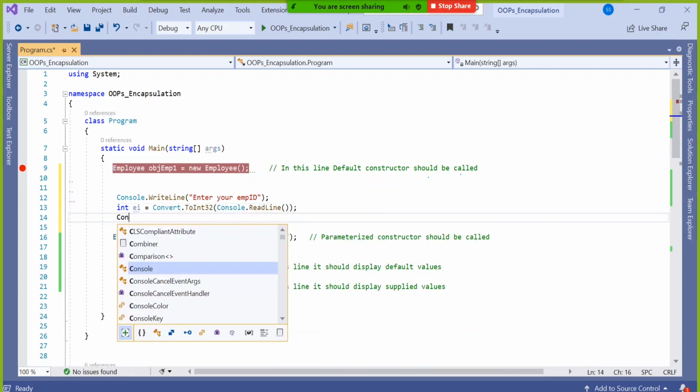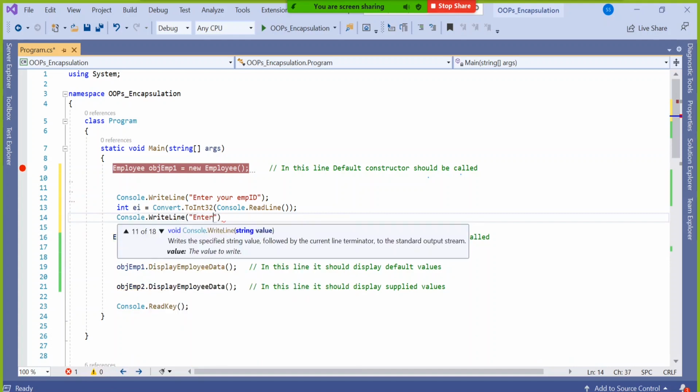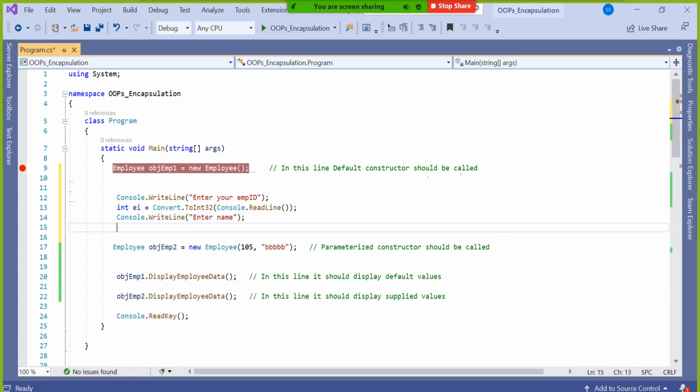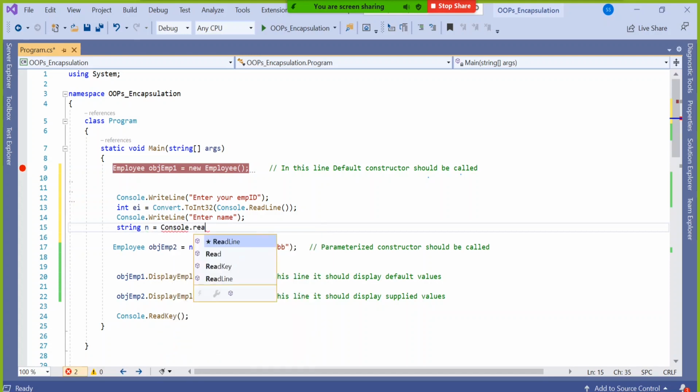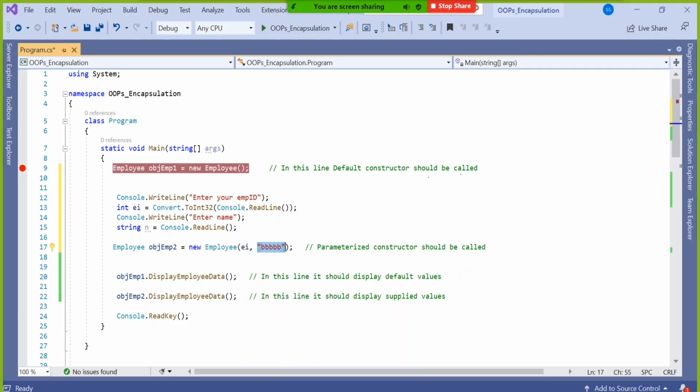Similarly, console.writeLine, enter name, and here say string n for name suppose equal to console.readLine. So this time instead of passing 105 and BBB, I will pass ei and here n. Make sense?